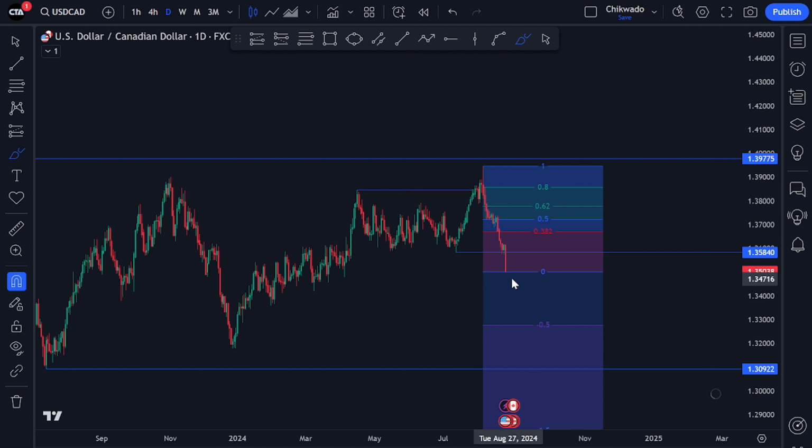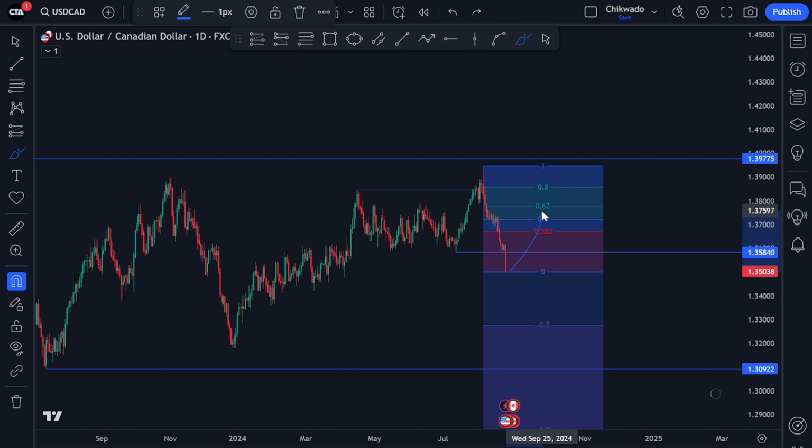But for me personally, when I see this type of move, I don't like to get involved in areas like this. I like to see a pullback at least into 50%. Then we begin to go short on the asset. But of course, we're going to dive into the commitment of traders report and look at that in just a bit. So right now we've taken this low, structure broken,